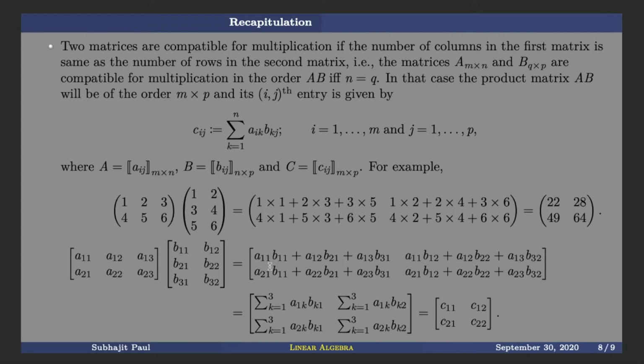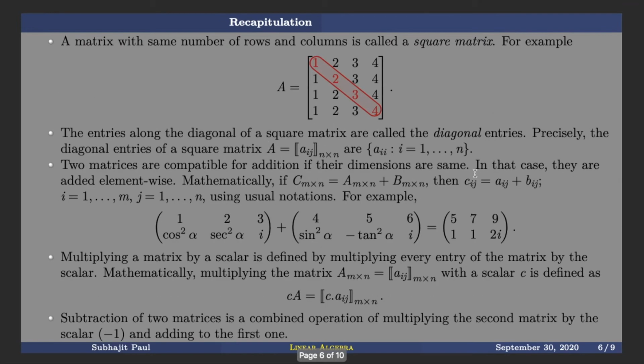Here you have first column of A, first row of B. Here you have second column of A, second row of B. And here you have the third column of A and the third row of B. Okay, so they are changing together. So therefore, K is running from 1 to 3, A1K, BK1. This entire thing is your 1 1 entry. This is the definition of matrix multiplication, as we had the definition of addition like this.